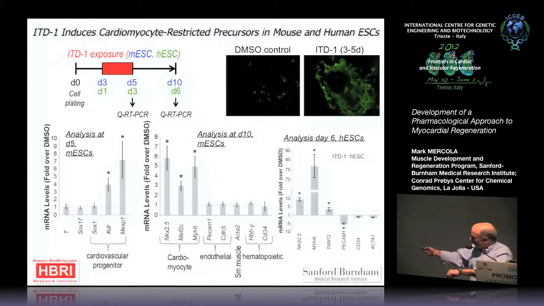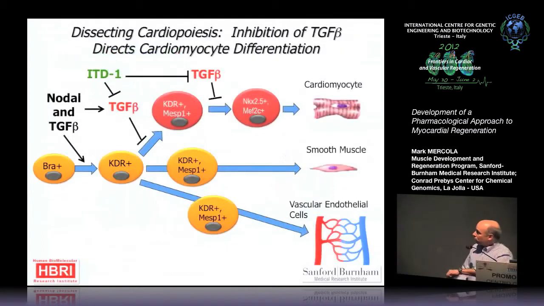And you can see a slight but measurable decrease in endothelial cell markers and smooth muscle cell markers in the same culture. That's more pronounced in the human than it is in the mouse, by the way. So what we conclude from this is that TGF-beta suppresses this branch of the cardiopoietic differentiation pathways, and that TGF-beta, although not diagrammed here, promotes